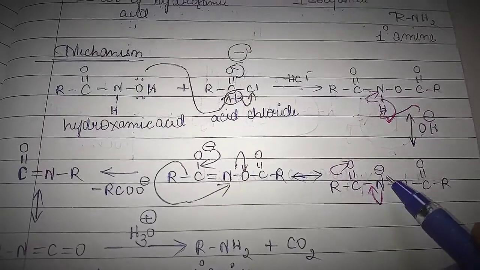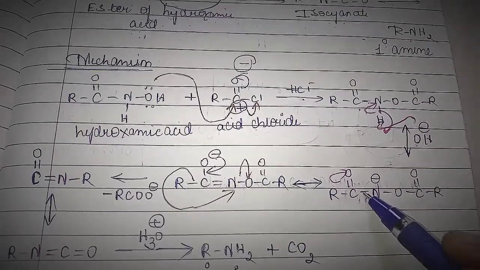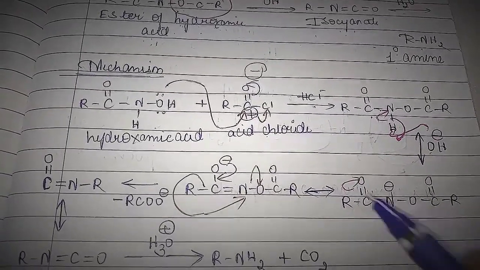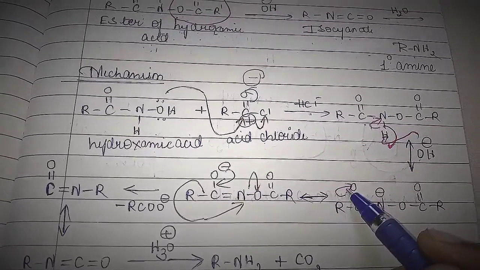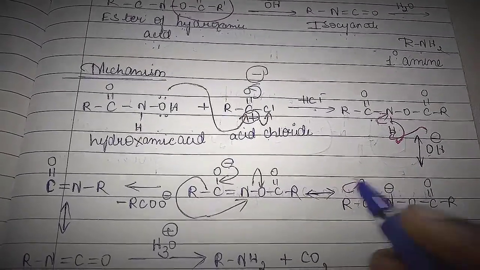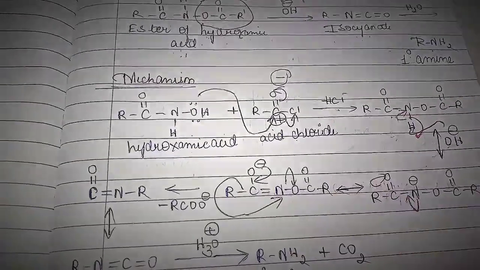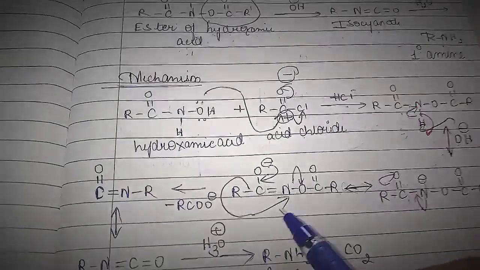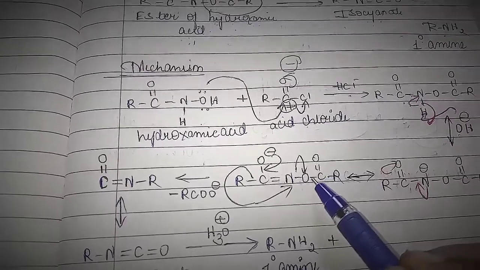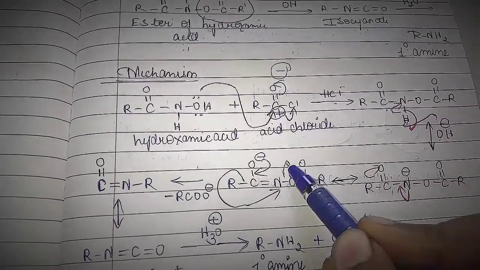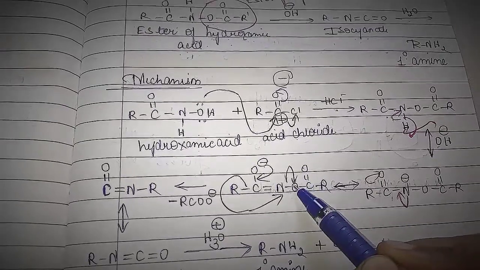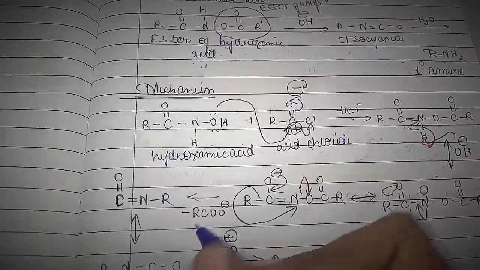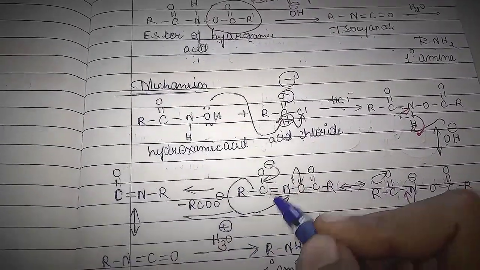The nitrogen gives its charge to form a bond, that is the bond between C and N, the double bond is formed, and this C double bond O bond goes away as a negative charge. That is, here the delocalization is taking place. Now this RC double bond O, this bond goes here as RC double bond O minus, that is, this is only the carboxylate anion.